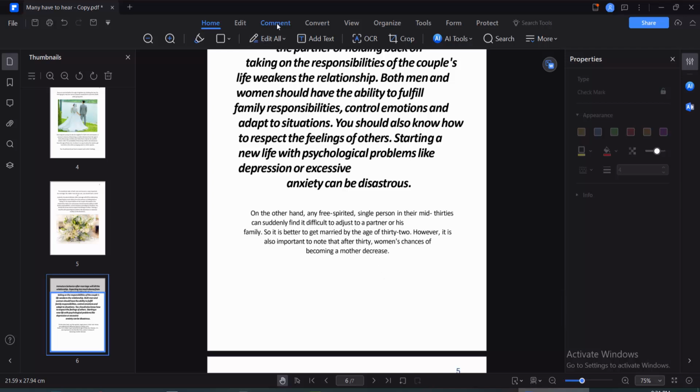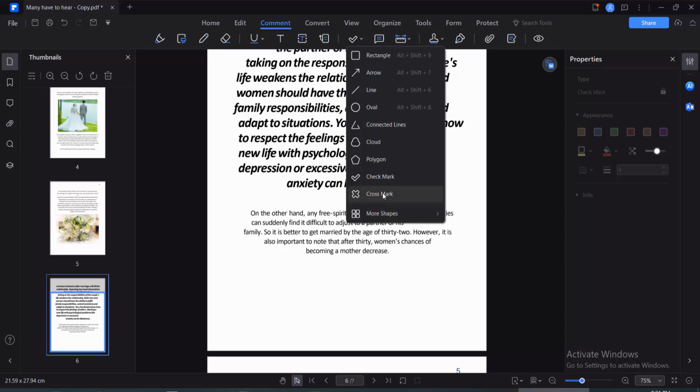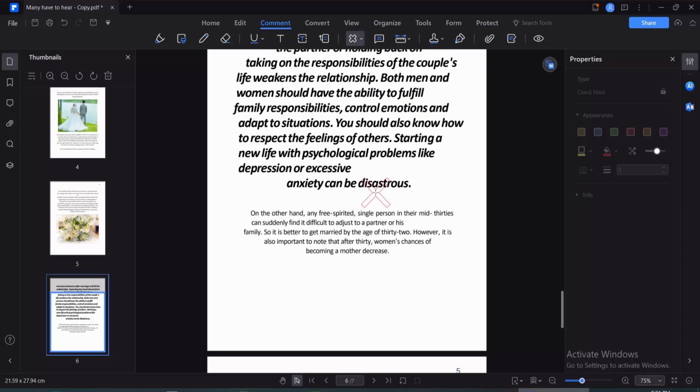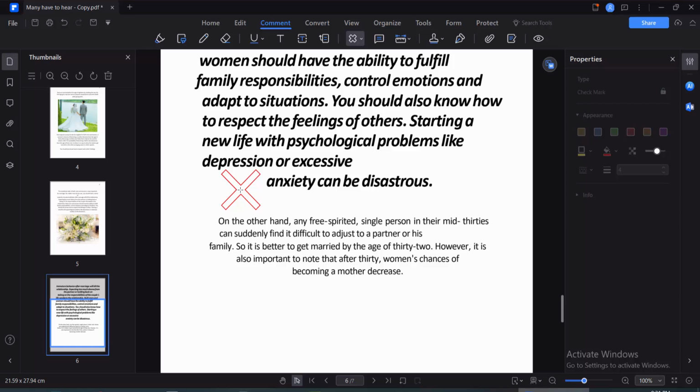Now click on this comment option, this menu bar, and here you will find this comment box option. Click on this down arrow and here you will find this Crossmark option. Click here and put your Crossmark in your desired location, and also you can change this Crossmark size, and you can